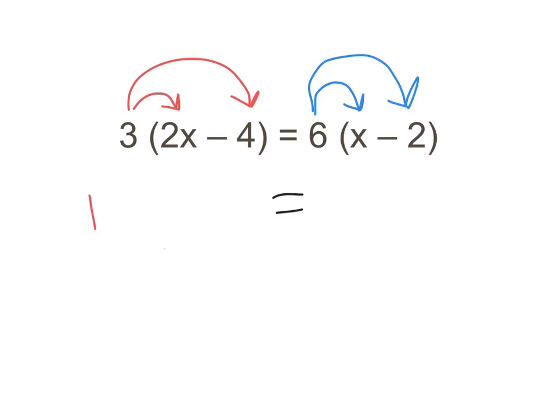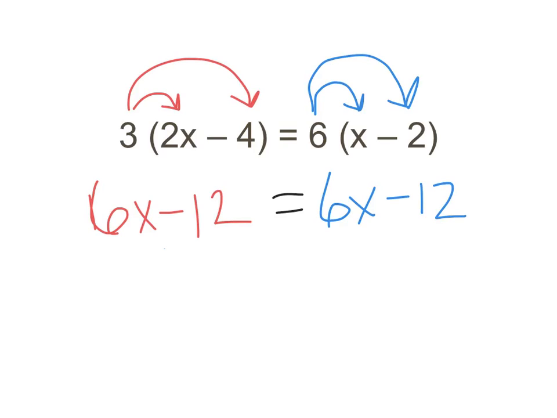3 times 2x is going to equal 6x. 3 times 4, we are going to subtract 12. 6 times x is going to give me 6x. 6 times negative 2 is going to give me negative 12. If we notice, both of these equations are exactly the same. If we subtracted 6x and then added 12, we would get 0 equals 0. So this means that this particular equation is what we term as,